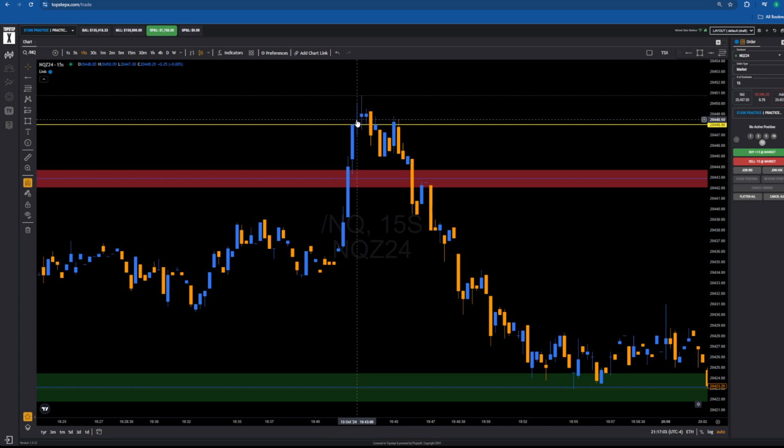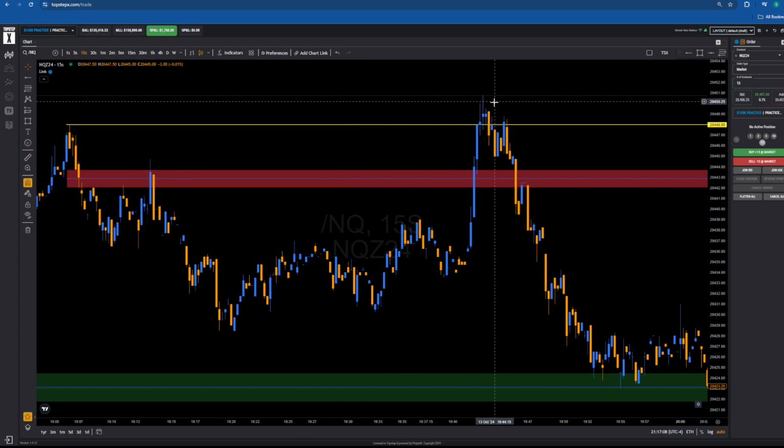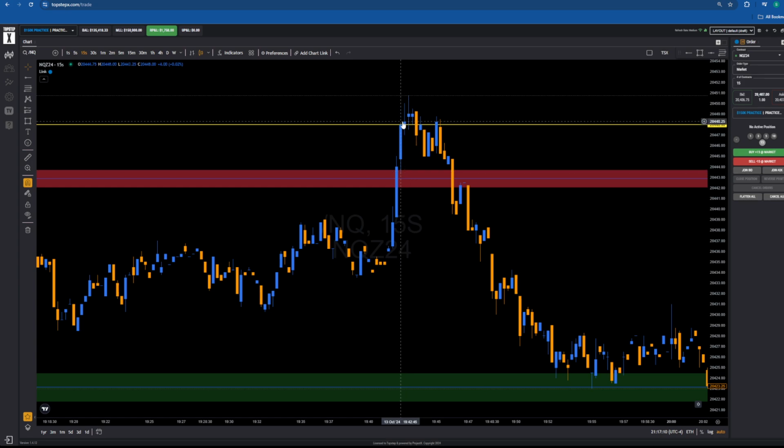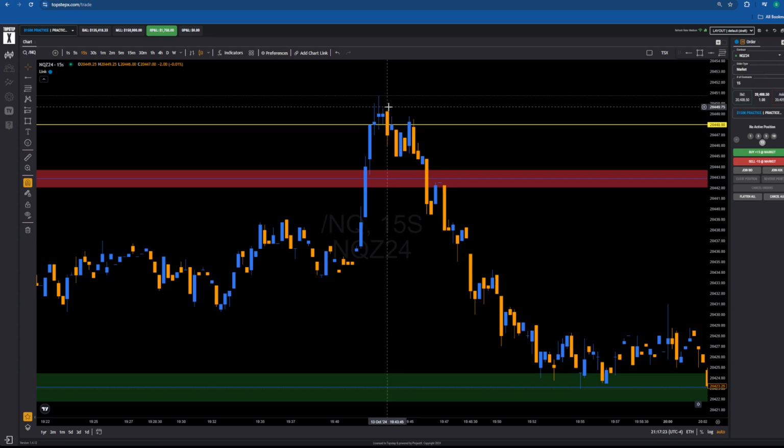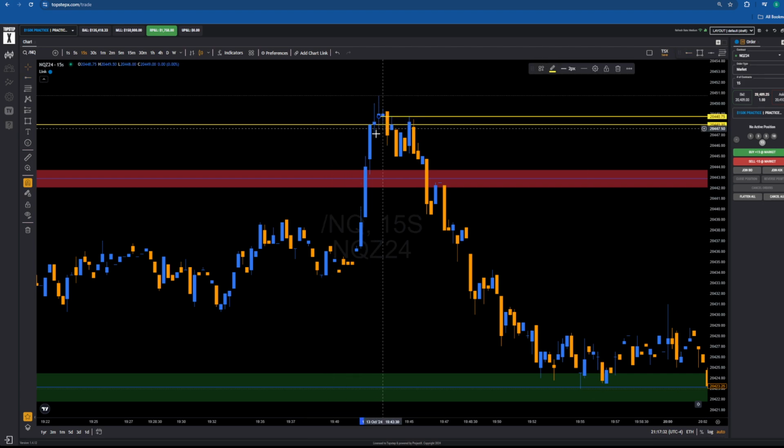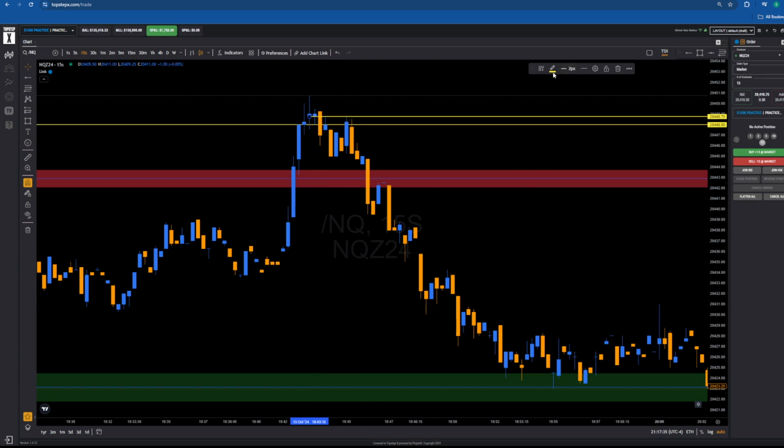A rejection block is basically when, after a high, the market starts to create these wicks. But you see the levels. The opening of this candle is at 20448.75. The next candle has the same opening, right? Now, as soon as this red candle formed, I understood that these two candles form a bearish order block.